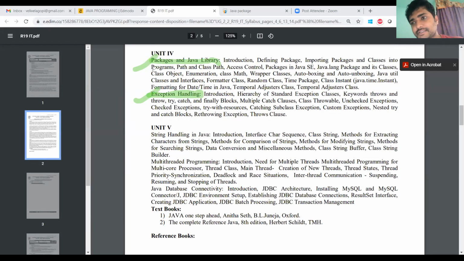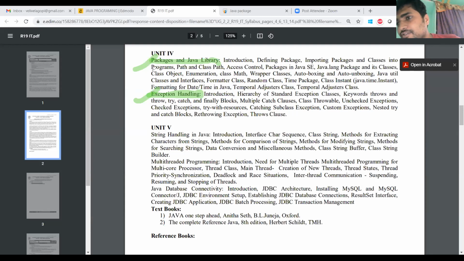We'll see the packages. We have so many packages in Java, nearly 200 to 250. Up to Java 8 we have nearly 200 packages. We are using Java SE 15, so I think the number will have increased. The mostly used packages are java.util and java.lang.